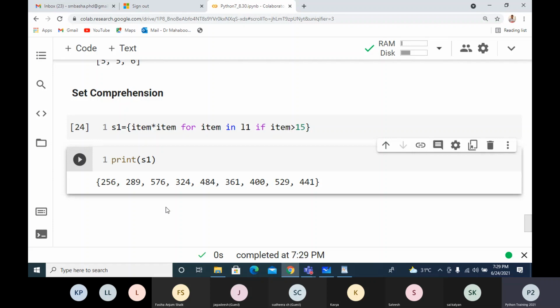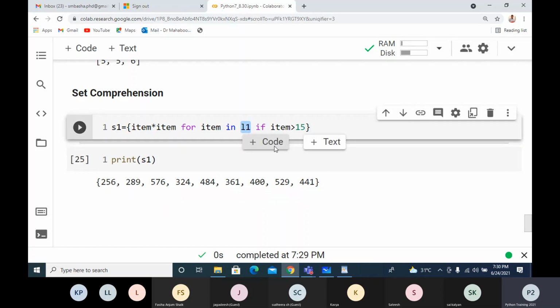So set comprehension is similar to the list comprehension. The only thing is the result we get is a set because we are keeping it in the braces. If you keep it in braces, automatically it becomes a set comprehension. If you keep it in square brackets, it becomes a list comprehension. The source can be anything, so from any collection you can get any other collection.